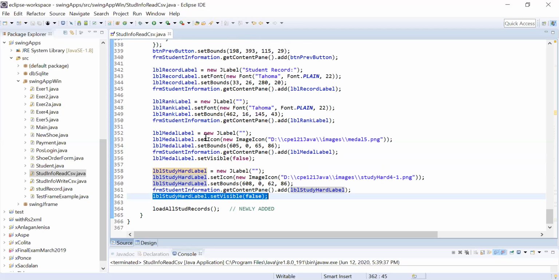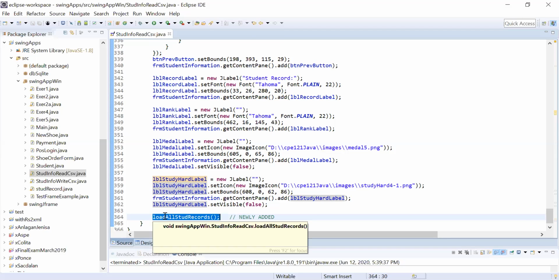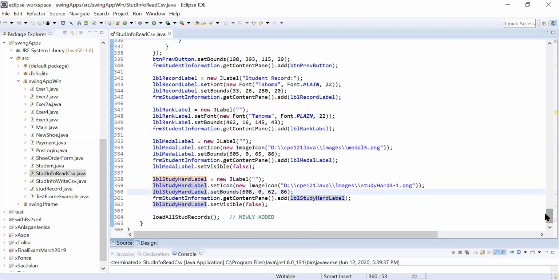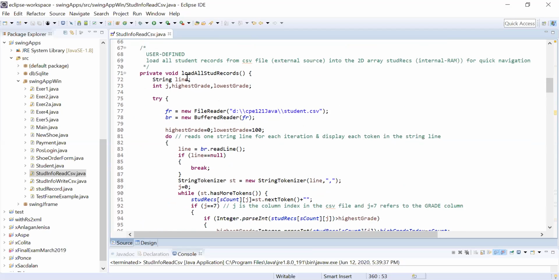Now, after all of these components are created, remember what I said a while ago, that we are to load all the student records from the CSV into the RAM using a 2D array. So this is a user-defined method which is defined on top. Let's go to load here. This is the load all student records. So what we have here is